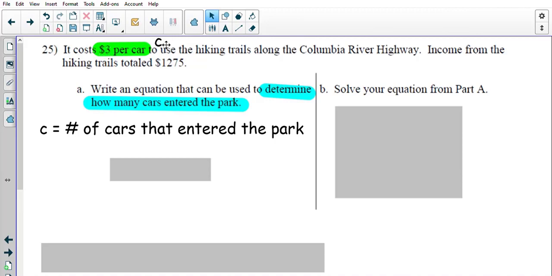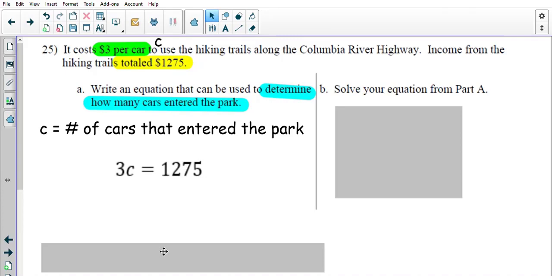Remember a few moments ago I said that anytime you see per item or for each item, you're usually going to multiply? That's the case here. We're going to take 3 times C and set it equal to our total. Our total is usually going to be the number that goes by itself. So we are going to write 3C equals